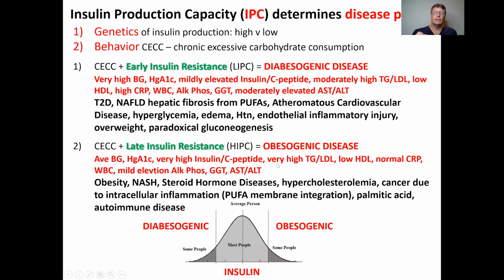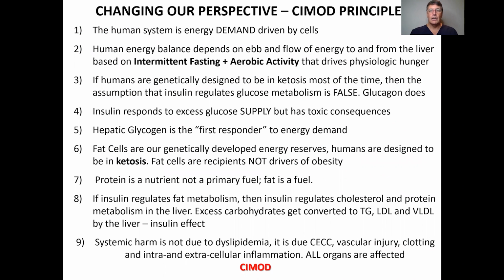This is where the intracellular steatohepatitis is increased. These people have obesity, they have steatohepatitis, massive obesity. They have steroid hormone diseases. Their risk of inflammation, their risk of cancer, their risk of Alzheimer's disease, their risk of autoimmune disease is through the roof. They have hypercholesterolemia, and they have an intracellular inflammatory process. And they lean more toward the obesogenic side. Not entirely in the scope of this discussion, but important to understand as it pertains to the liver and fatty liver disease. So, folks, when it comes to